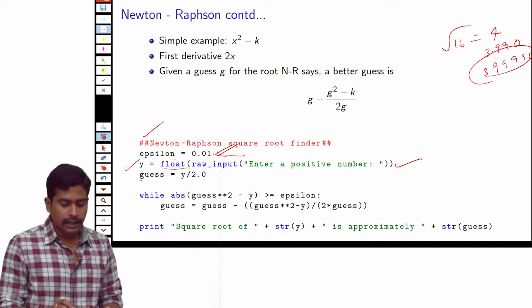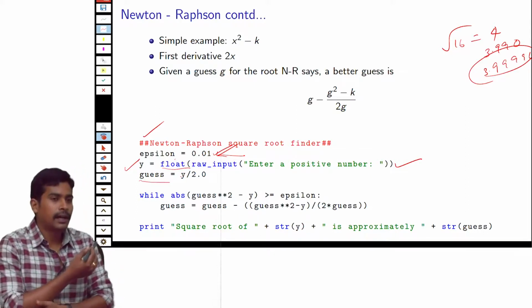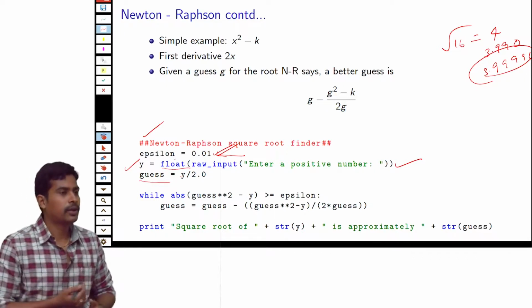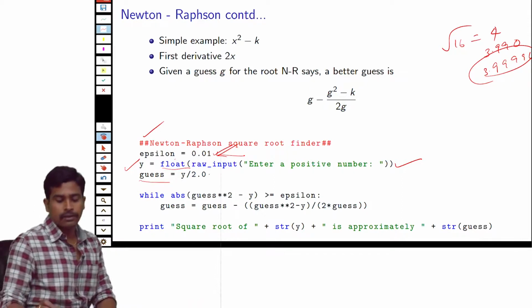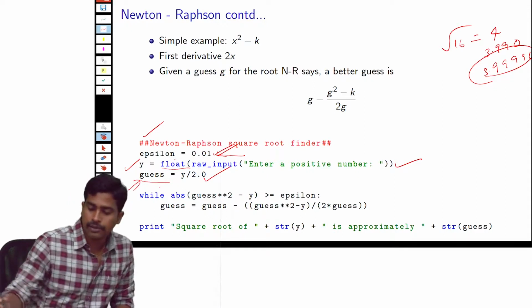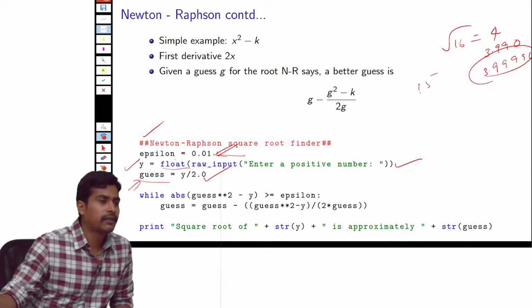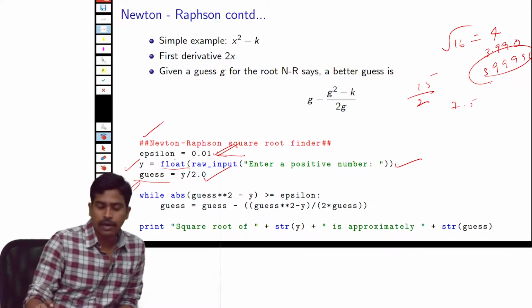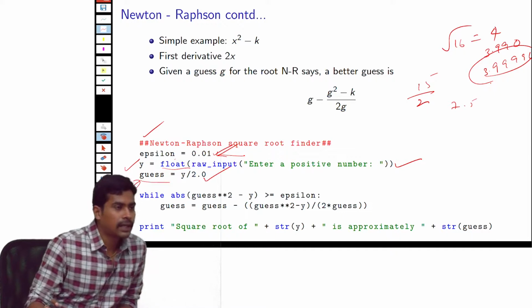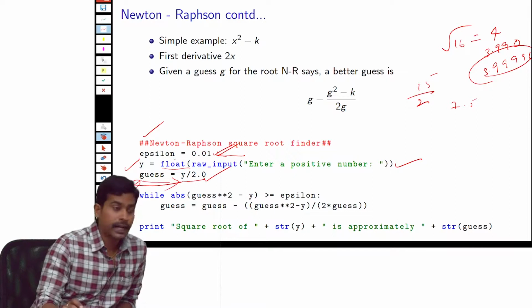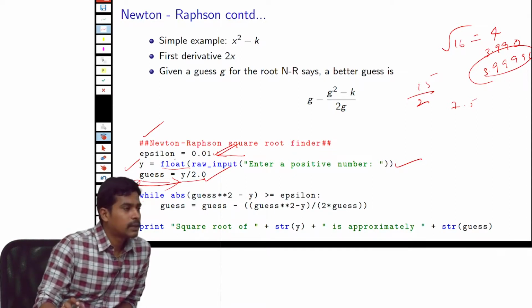Okay. And so how do we get a reasonable guess? What is a good starting point to guess what the root could be? A good point to start is, if you want to find the root of the number 15, you can start with 15 by 2. Okay. In most cases, half of the number is a good starting point to calculate the square root. So in this case we have set the guess to half of the given number, and here we are using the while loop to calculate the square root of the number.